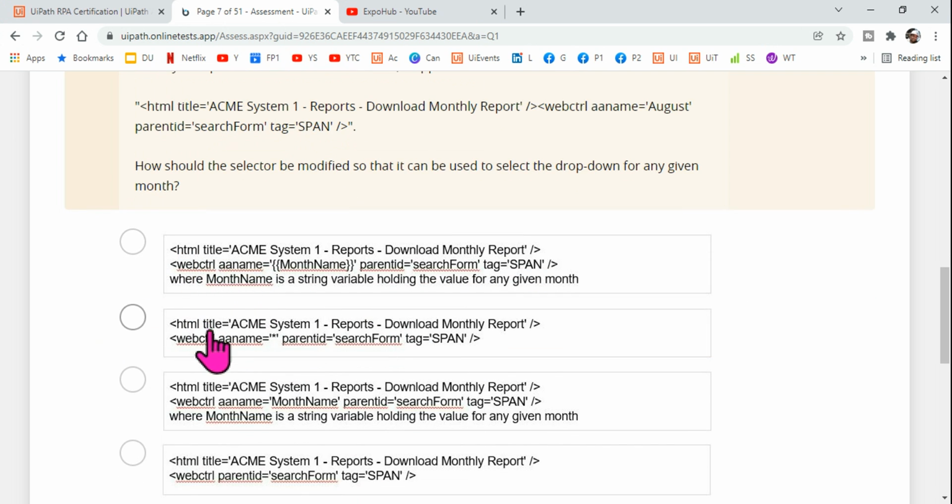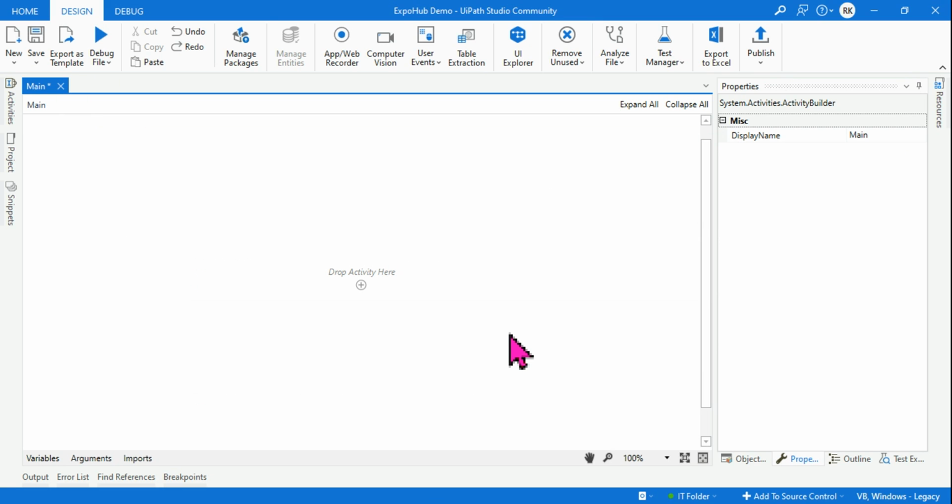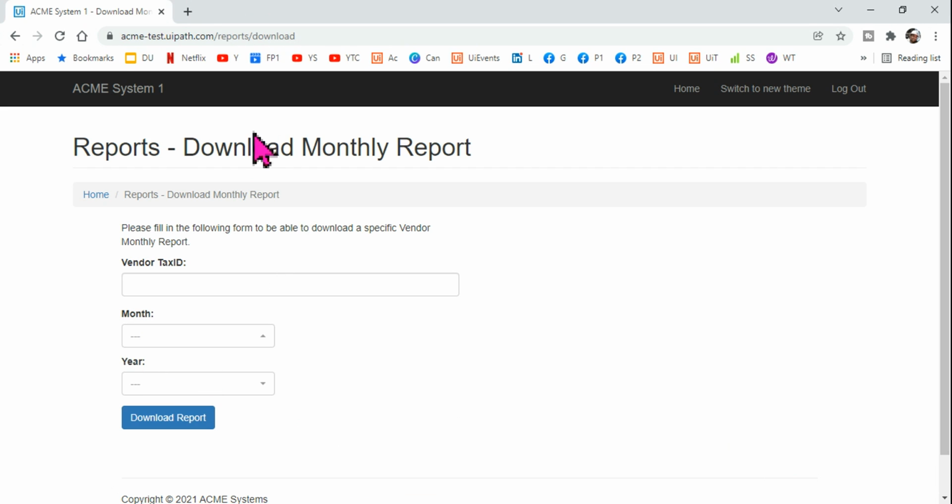Here there are a couple of options they have given. Look at this: aaname is equals to August. Here they have written month name, where the month name is a string variable holding the value for any given month. Is this the right format? Or look at the other option, aaname, where they have put a wildcard character. Is this the right option? There are so many options given here, but we have to explore to understand what should be the right answer. For that, as I said, please keep the Acme page open